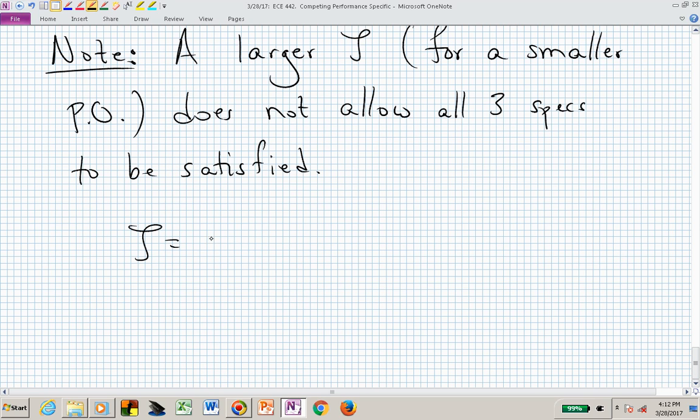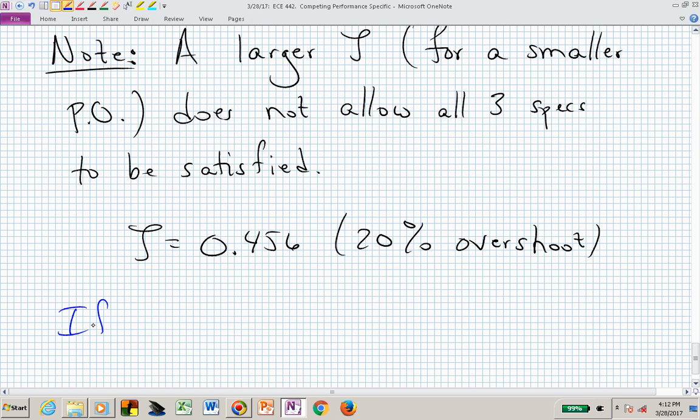Remember, we started with a zeta value of 0.456 that arose from a 20% overshoot. Now, if zeta is increased, and we don't have to increase it much to give us a feel for what's going on, suppose we increased zeta to 0.6,